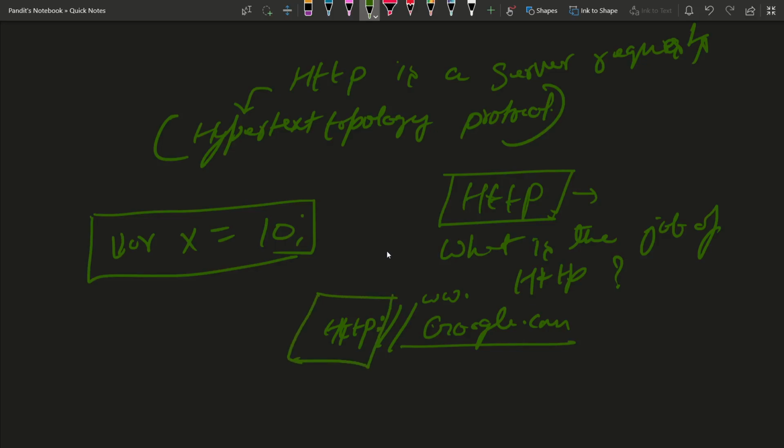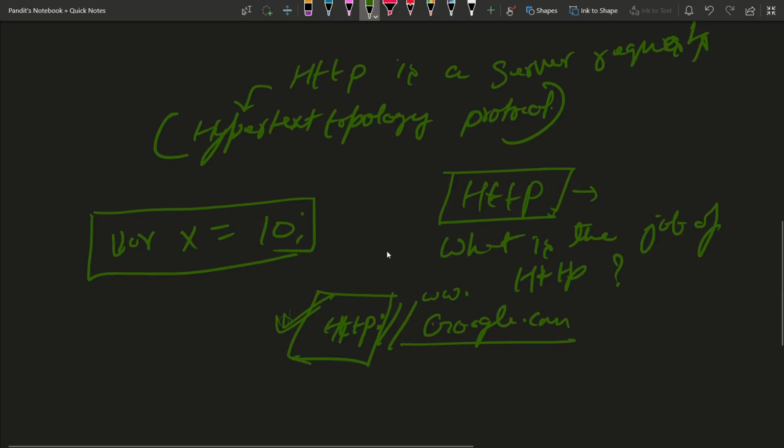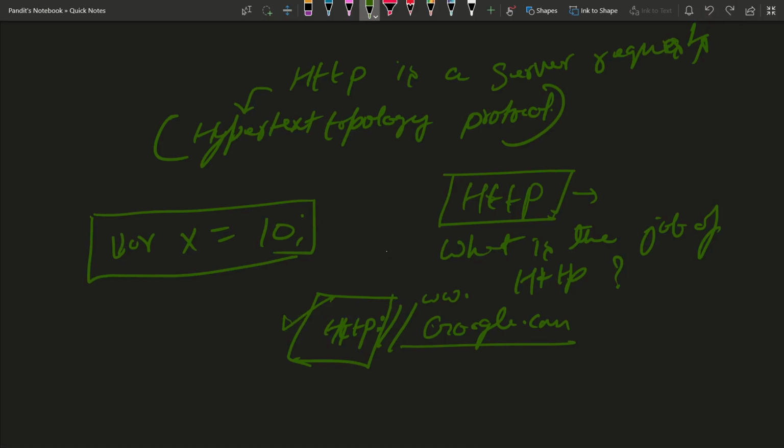The first thing: I'm very sure that whenever you make a request, if you click on a URL, you will see HTTP, right? You definitely see this. It has a job of transporting the